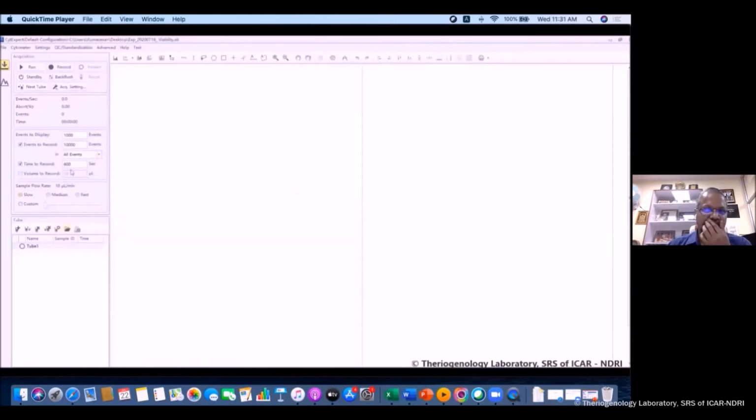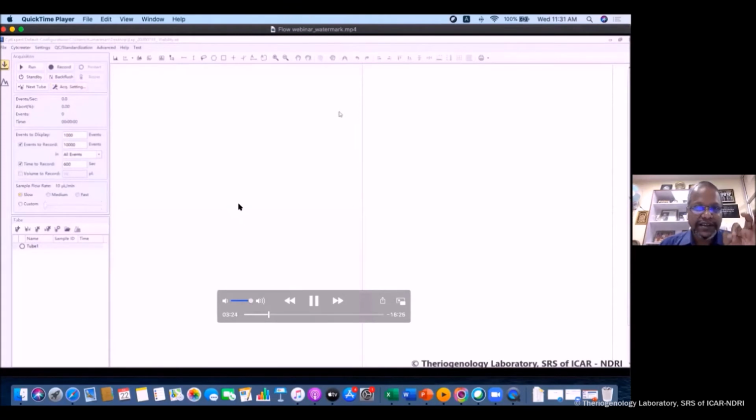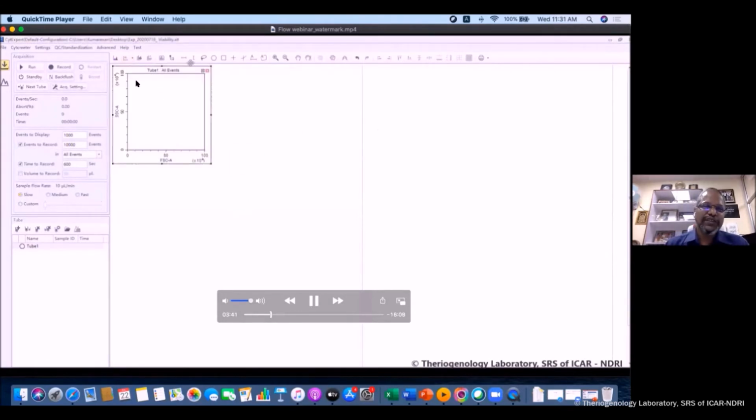I want to go with SYBR now, and in this experiment I have intentionally made some mistakes to show you how mistakes affect the data. This is the histogram and dot plot, and here is the compensation, gain, all these things that I was explaining, but the pop-ups are not coming here, so no issue. So this is the dot plot.